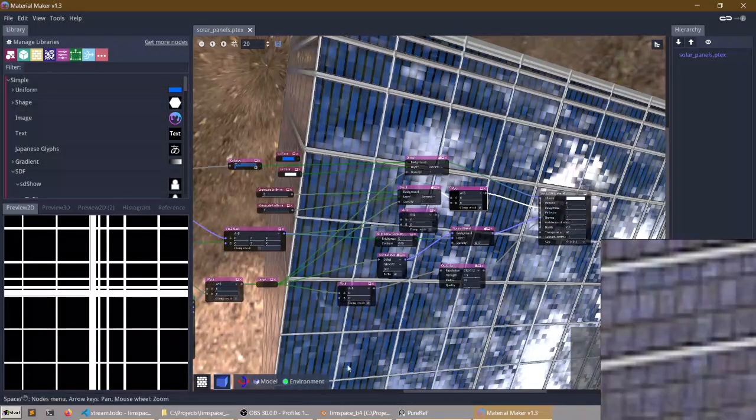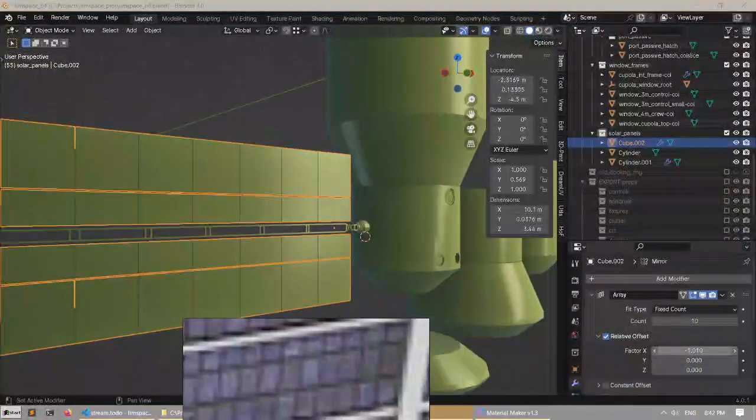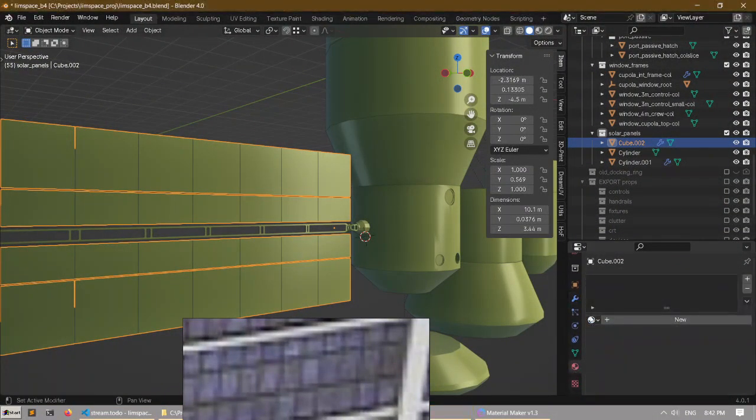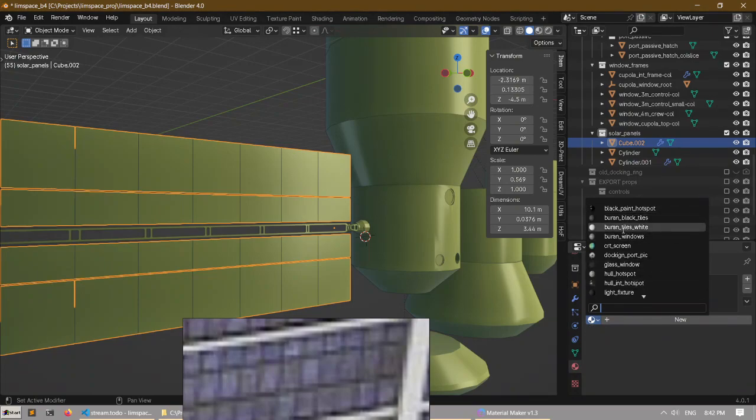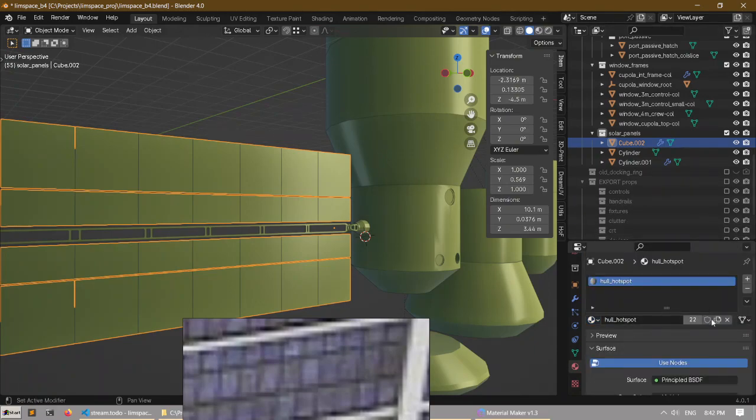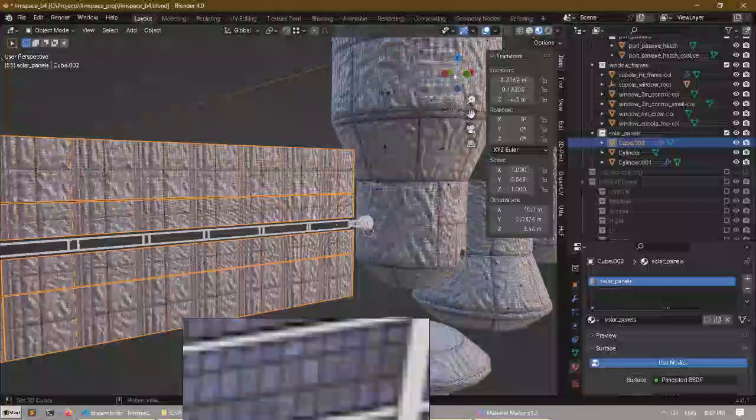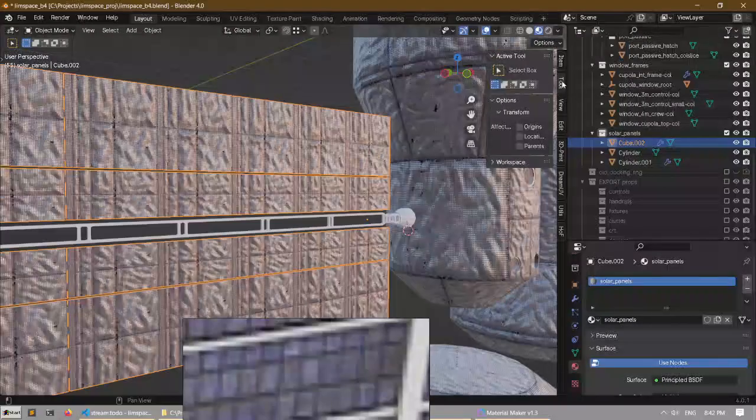And okay, exporting material. Okay, let's make a material. Let's copy one of the already existing ones, like the cloth. No, wrinkled. What's the name of it? What the hell? Where did my materials go? Ah, it's not hull. It's called hull hotspot. I'm gonna copy it. I'm gonna call it solar panels, and yeah, let's put it on this one, and let's actually turn it